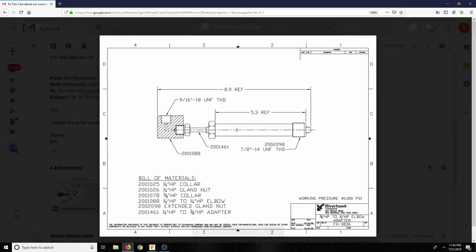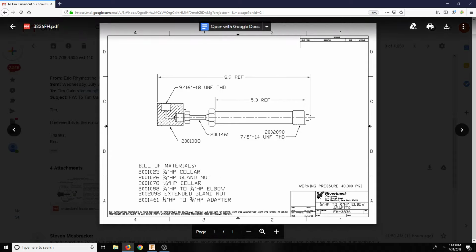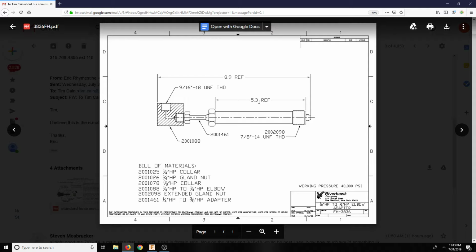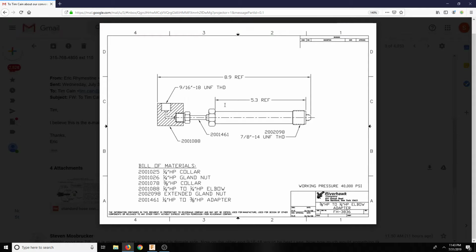And so we have multiple pieces here. I believe these are both the same. So I'm curious how much this is going to cost, because pretty much we have to have this. But I do like that it does have this 90 here, but here it's saying it's almost 9 inches long. So that's already really long. I wonder if I could get this guy shorter. See if we can make this like an inch, or basically as short as we could possibly get it to